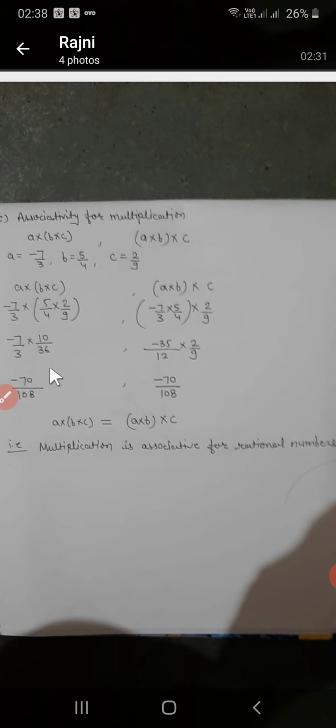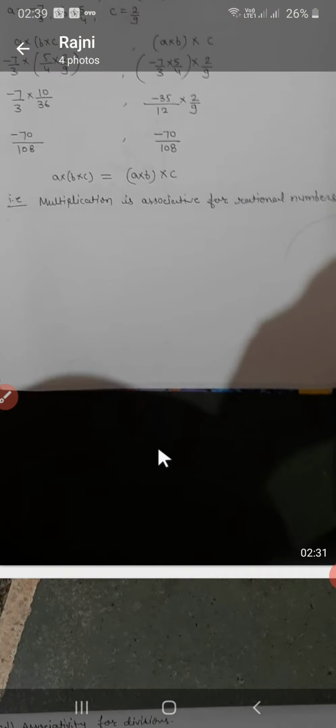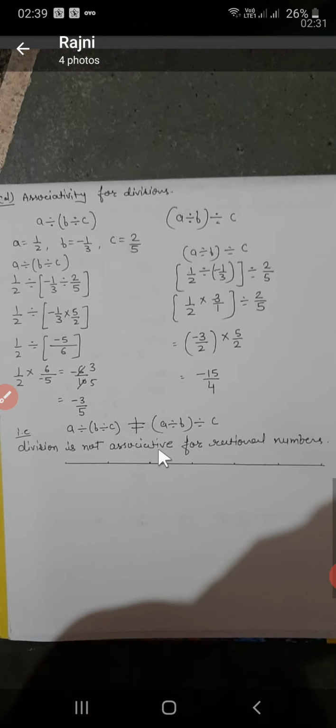Students, if you calculate, you will get the same value. I am giving the solution here. So we say multiplication is associative for rational numbers. Now